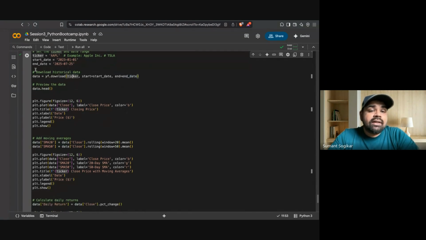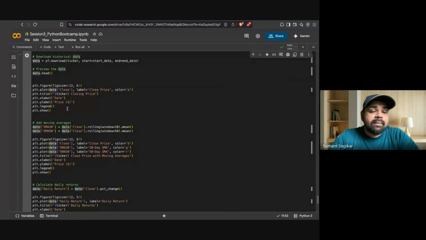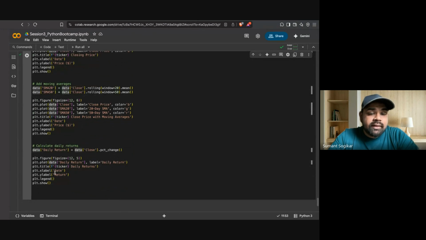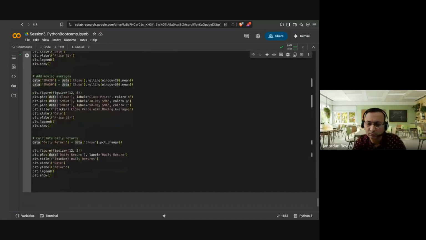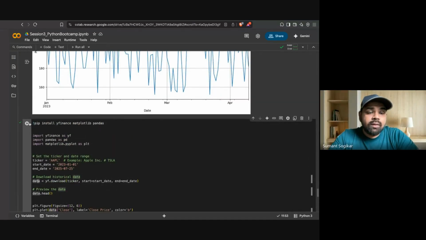And what I do is that I put it into a data frame. So this is my data frame here. I get the information from Yahoo and I put it in my data frame, and then I'm able to display this. This whole thing is like I'm trying to plot it out. Okay. So if I run this now,